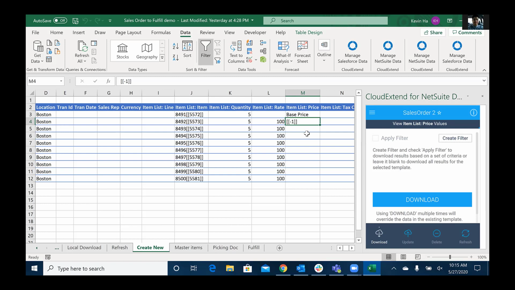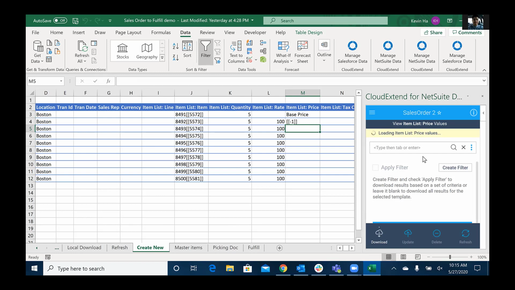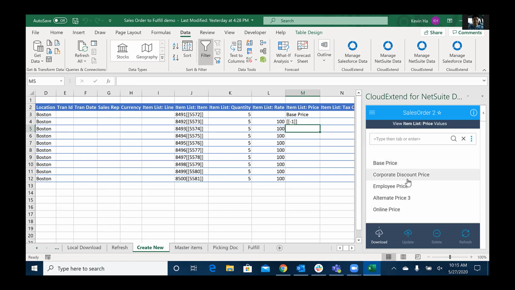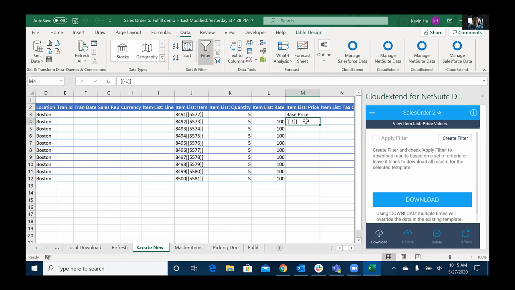The reason we have to do this is, say, for instance, if I go back into this button right here that says price values, you're going to see in this list all of the standard price levels, or the price levels that you have created for your instance, but it doesn't show a custom option. So in order to create a custom one, you have to add in the -1 with the double brackets. Okay, so once I have that there,